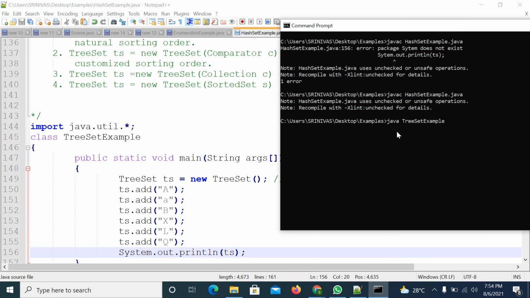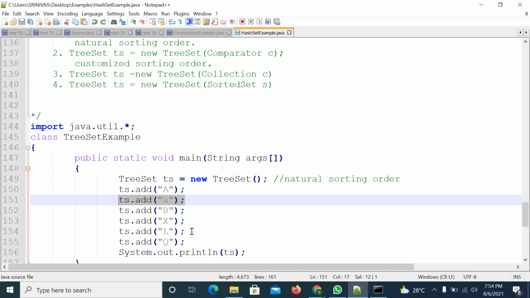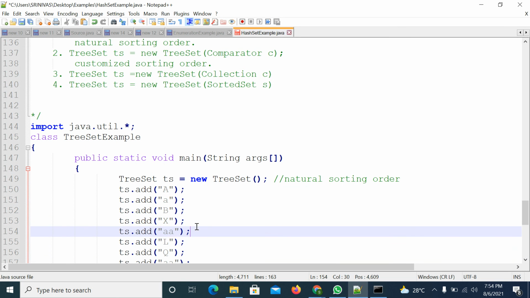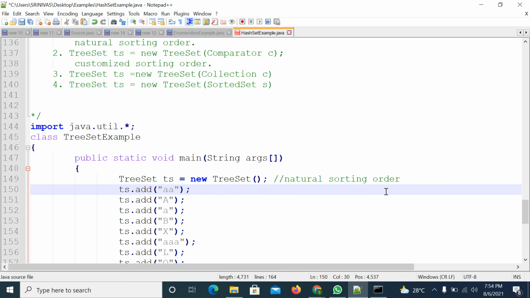Whenever you are printing, observe the order. Capital letters come first, small letters come later. All the elements are added in sorting order, like a dictionary order. Dictionary order means, suppose you add one more element like double A, or triple A, or at the starting itself 4 A's.